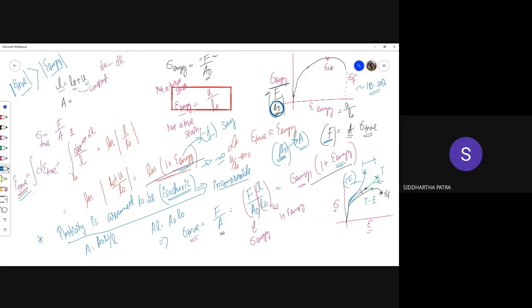Because of that, this curve doesn't go down ever. The true stress strain curve doesn't go down, and the compressive curve kind of shoots to infinity. This is the compressive engineering stress strain diagram, so this rapidly shoots to infinity. Of course it fractures before that happens, but that's how it looks. Because of that, there is no ultimate stress point in the stress strain diagram. So here I have tried to answer 2 assignment questions.